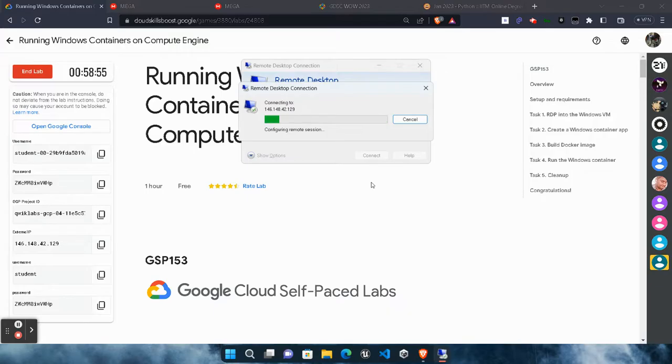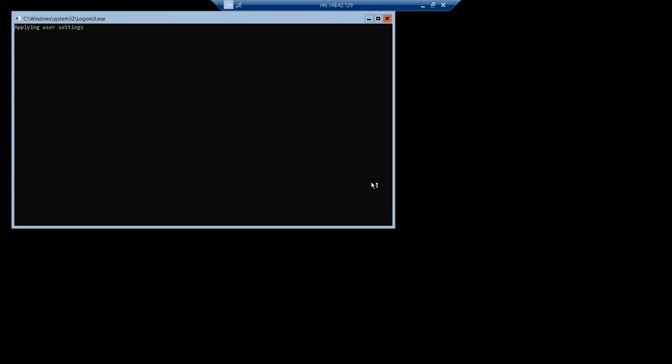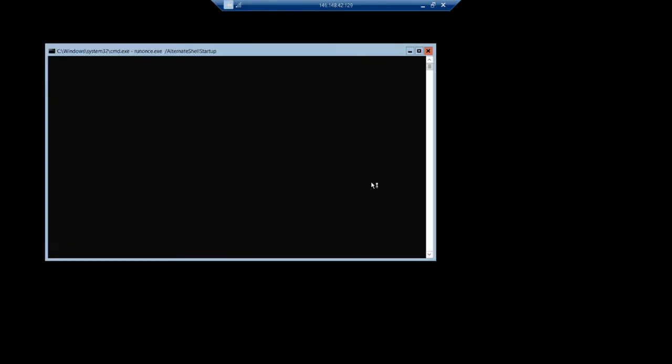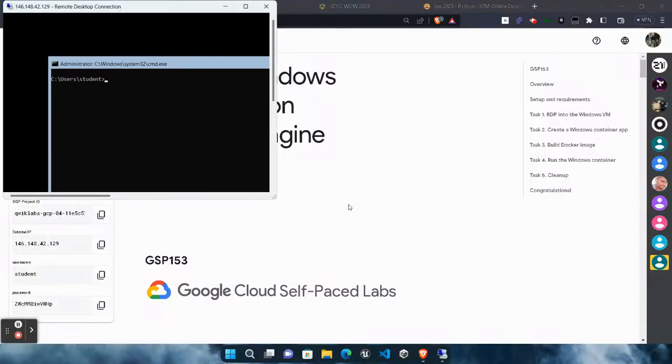This is a remote desktop connection. On a particular IP address, a virtual machine is provided to us. It is completely safe, you do not need to worry. First, you will see a command prompt like this, so we minimize it and come back to the